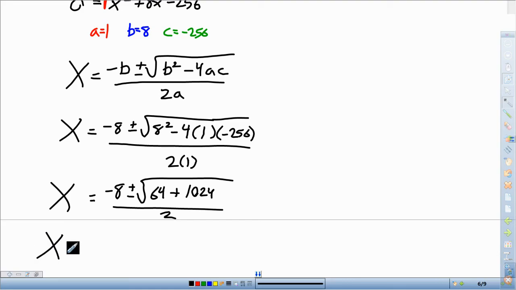Okay, so let's keep going. We got negative 8 plus or minus. Now I'm just going to add these together. So 1,024 plus 64 gives me 1088